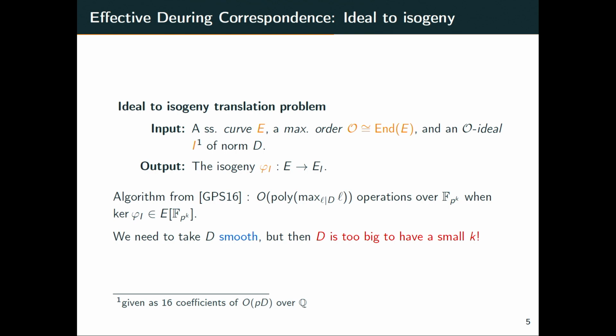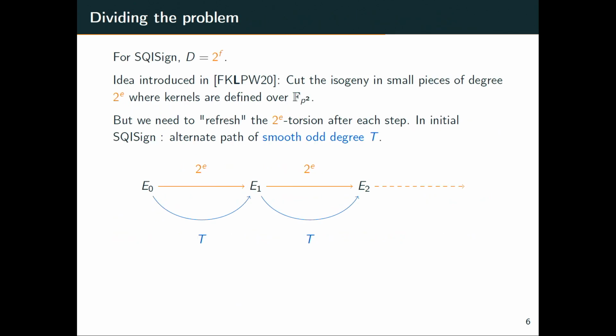And then we need D not to be too big, so that k is not too big either, and that the operations that we do are on a nice field, which is not too big, because generically the size of the extension can be like O of D. When D is exponentially big, then this is completely infeasible. So in SQIsign, you take D to be a power of 2, because that's basically the best case to have an efficient isogeny translation.